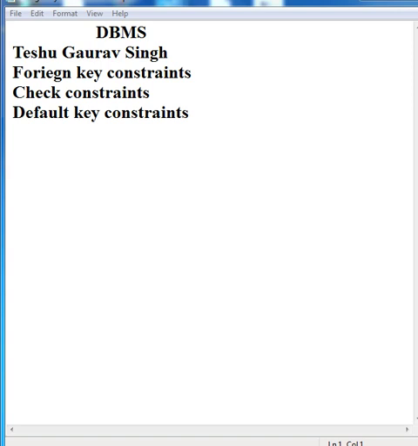We already created two videos on key constraints. In the first video we described the theoretical parts of key constraints, what key constraints are and their types. In the second video we created a table with primary key constraint, not null constraint and unique key constraint. So in this video we will see the remaining sections: foreign key constraint, check constraint